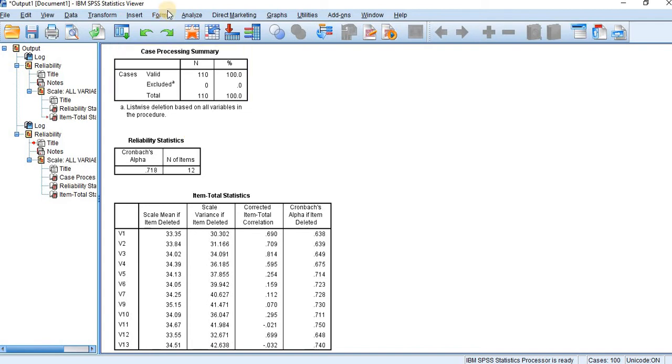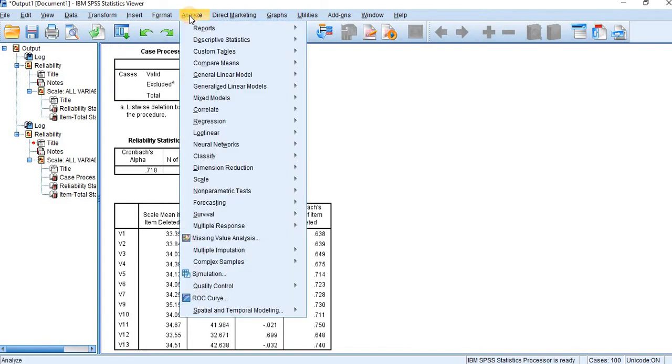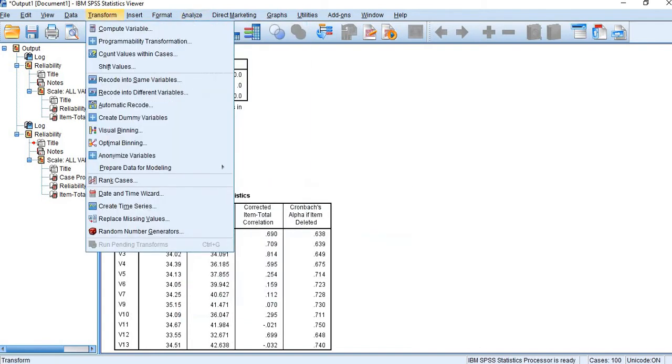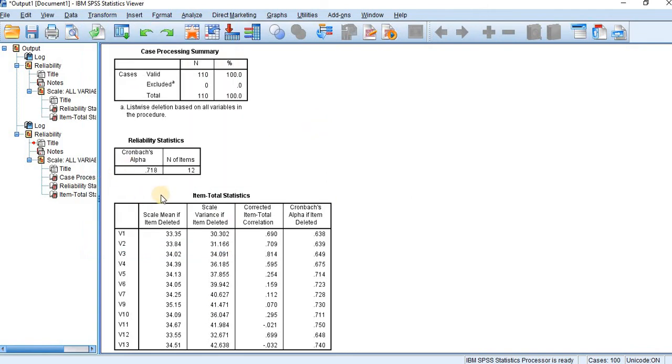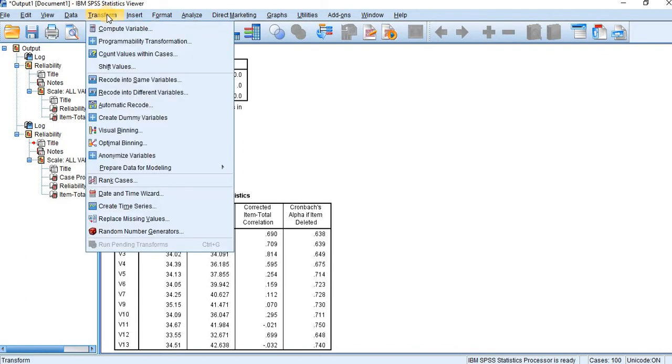Let us see the alternate method. Now we have removed the item V8. Instead of removing the item, we can recode it. How can we do it? Go to Transform, Compute Variables.